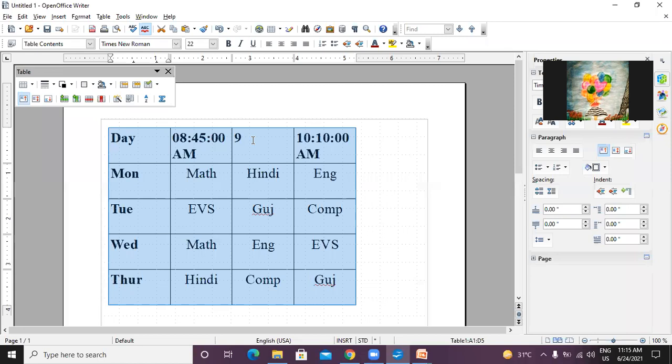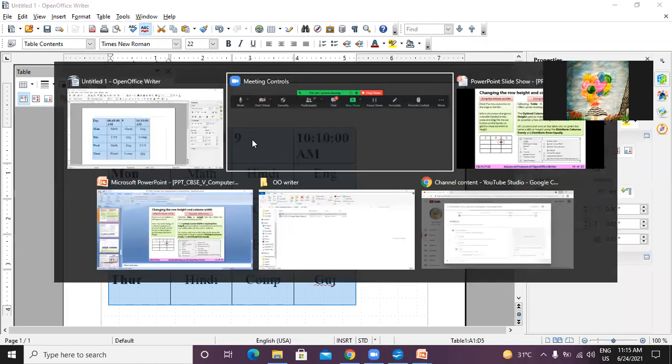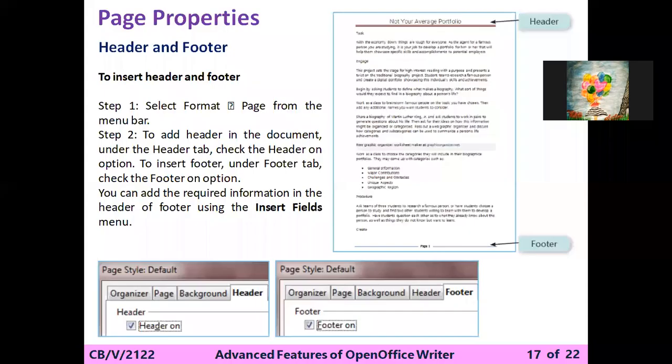So this topic that we learned previously, but due to some issue, we were not able to do the practical. Now we are going for the next topic, that is the page properties. That thing you also learned in class 4. Class 4 में भी आपने कुछ page properties सीखी थी. For example, indentions. Then you also learned about the margins. You also learned about line spacing, indentation. Both things you learned in class 4.